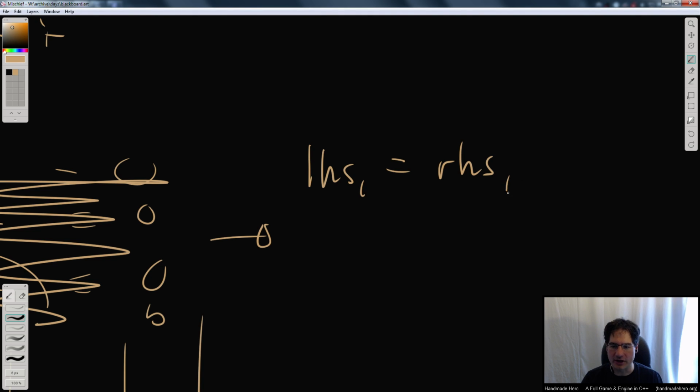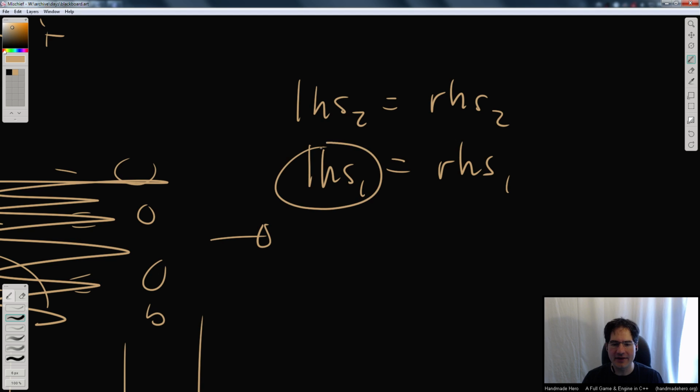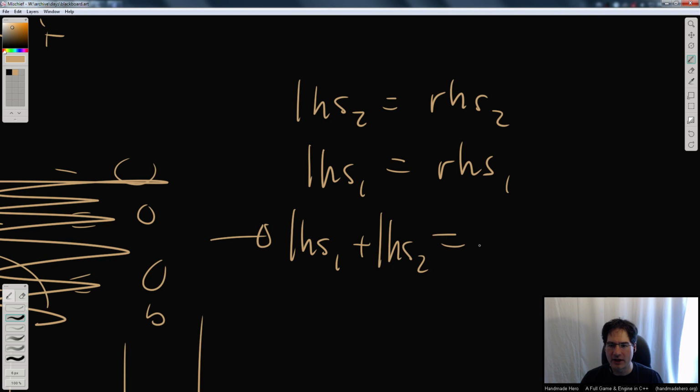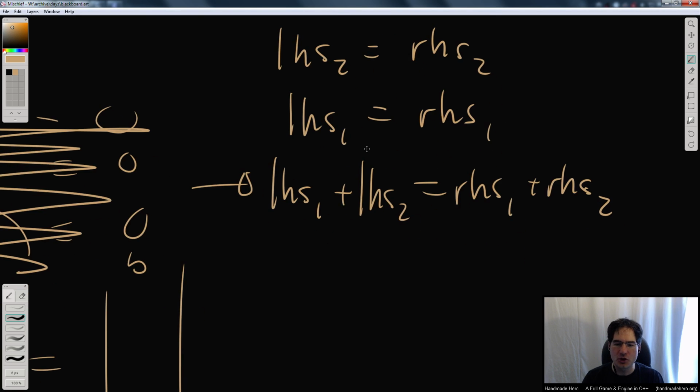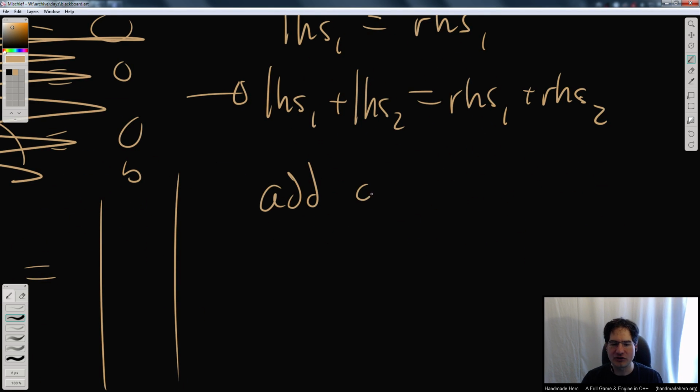Well, if I have one equation and I have a second equation, what I know is that these two terms are equal and that these two terms are equal. So if I wanted to, it's totally legal for me to just add these two things together. I can add anything I want to both sides of an equation as long as I add the same thing to both sides. So since I know these are equal, I can just add LHS2 and RHS2, because I know that LHS2 and RHS2 are the same value. They're equal. So what this means is you can add any two equations,